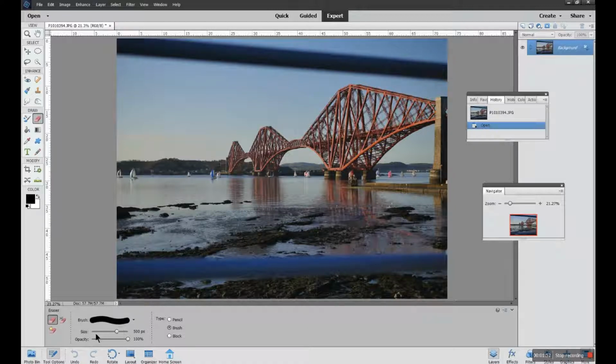And underneath the size option you get opacity, and that's how strong your eraser will be, the effect of the eraser. So I'll show you those options just now. And on the right hand side you've got pencil, brush and block, and I'll go through those as well. So I'm going to just change the size of the brush slightly. It's on the big side,